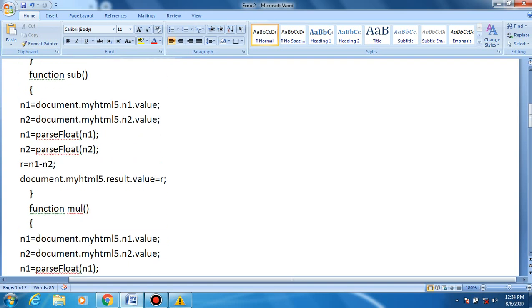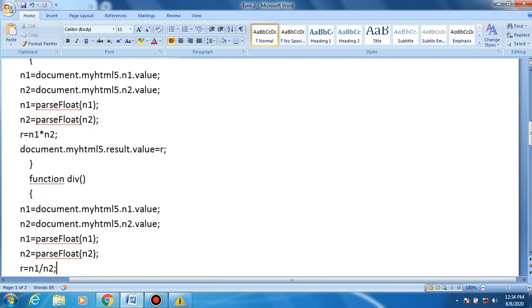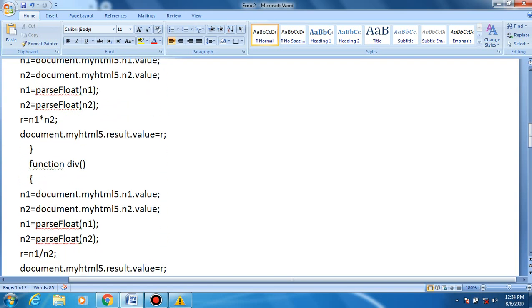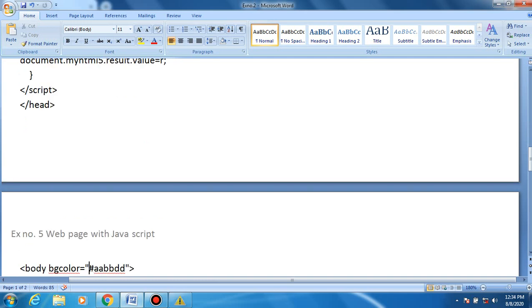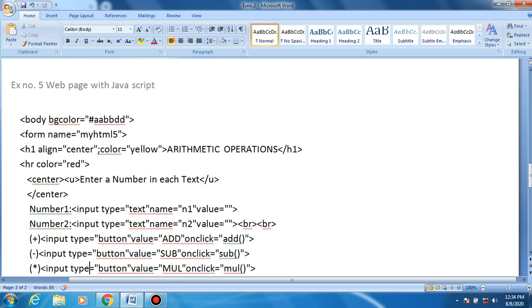And then the multiplication function, which is from here and will be closed. And the last one is the division function, which opens here and will be closed here, right?